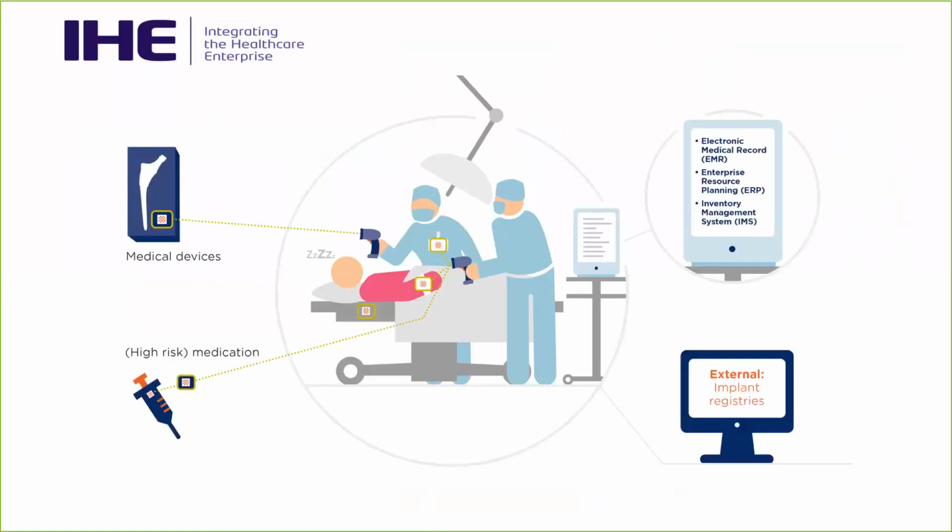So in this graphic you see, for example, the artificial hip, which has a barcode. The high-risk medication that's prepared for this patient also carries a barcode. The beds can even carry a barcode, and also the patient and the staff. And all the information from these barcodes needs to be registered automatically, of course,